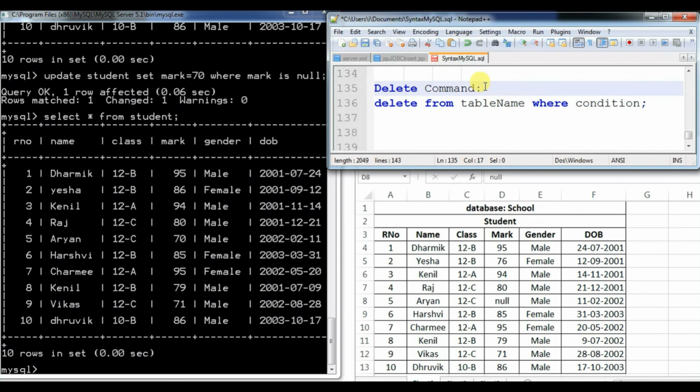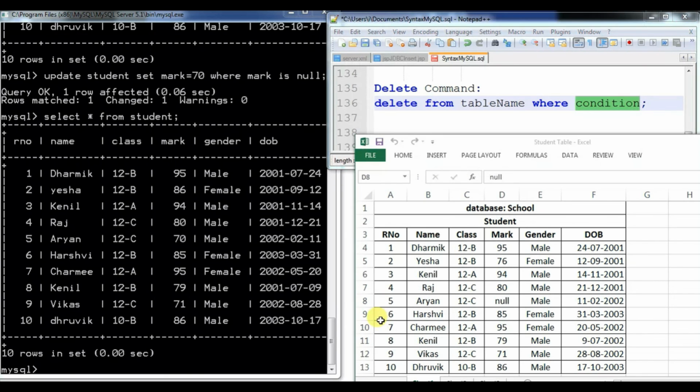As per the syntax, suppose you want to remove a record: delete from table name where condition. As per the condition, your record is going to be removed from the particular table. Now, suppose I want to remove all the records whose roll number is greater than or equal to 8. You have to write the condition accordingly.